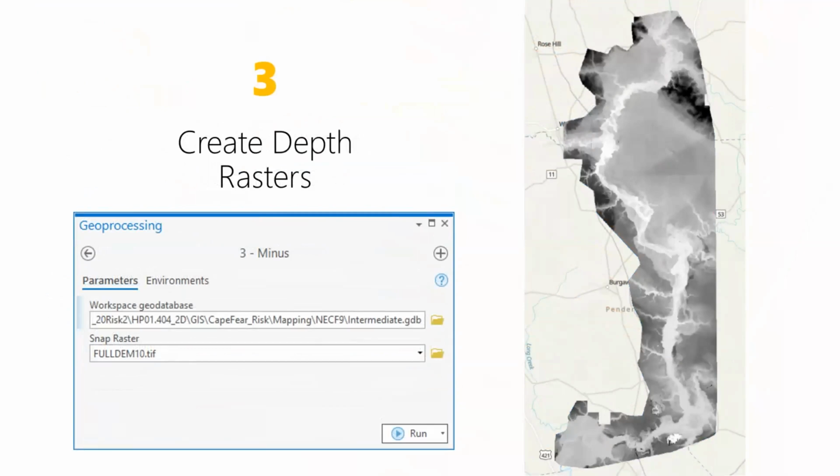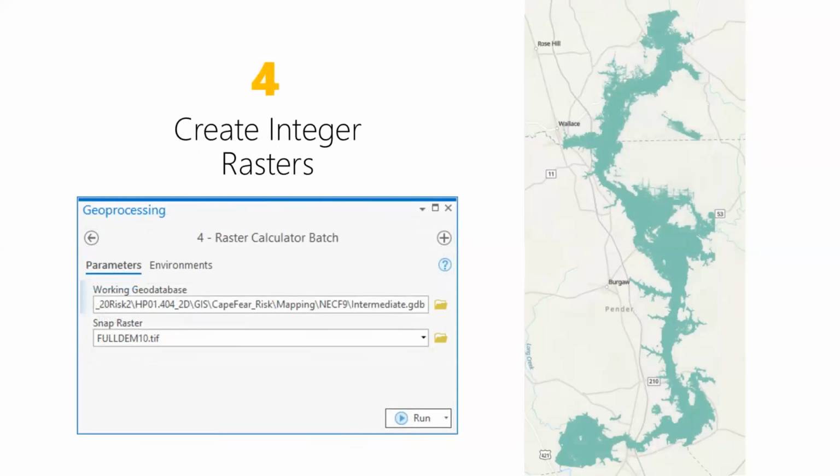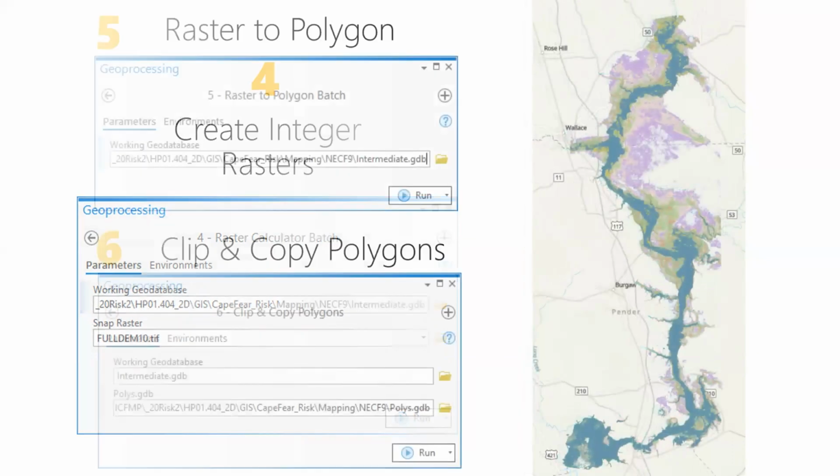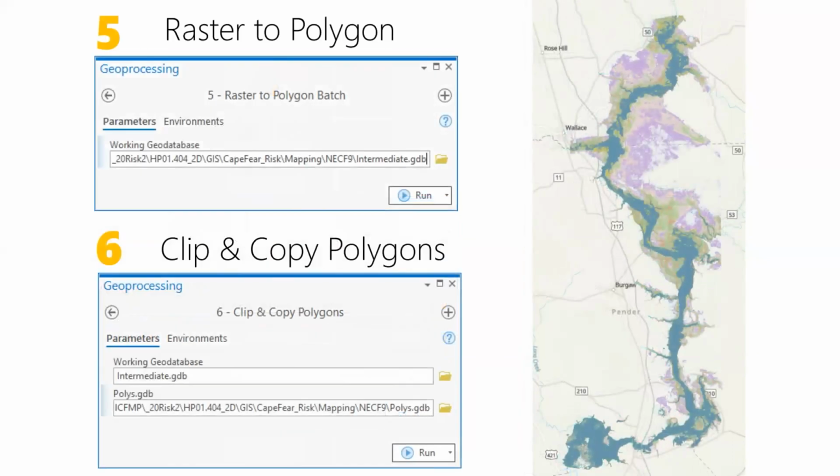We created our depth rasters. The depth rasters are the difference of our water surface elevation and our terrain, taken from our water surface elevation. And then we're going to run an integer raster tool, and that is just going to take out all of our positive values from the previous raster, giving us a depth raster. So this is where we're seeing water in a flood event. And then we're going to run our raster to polygon tool, as well as a QC